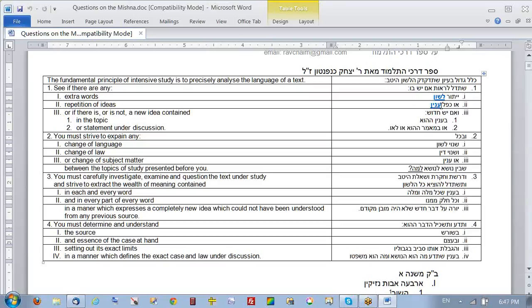In the physical language, if something was said in 3 words, and you could have said it in 2 words, then that extra word is coming to teach you some other information. And in concept, if the concept is repeated, even if it's different words, you say, look, it can't be that the same concept is repeated again, even if it's a different language, if it means the same thing. So therefore, another flag goes up, and you say, well, what really is the deeper meaning of the second statement?